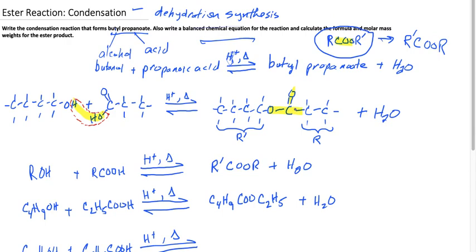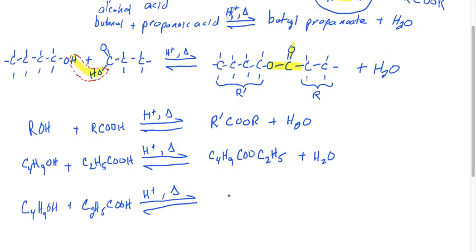All right. It should kind of go in reverse, where we put this side first. So let's put the C2 H5 COO, that's our ester that's combining it, and then we have C4 H9